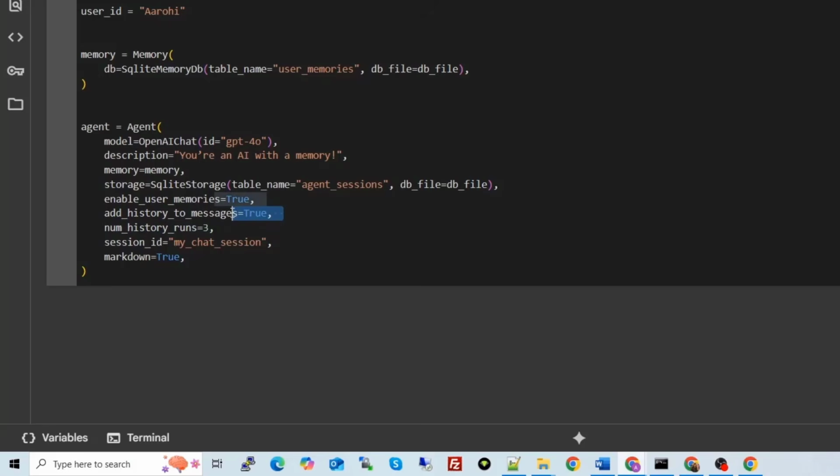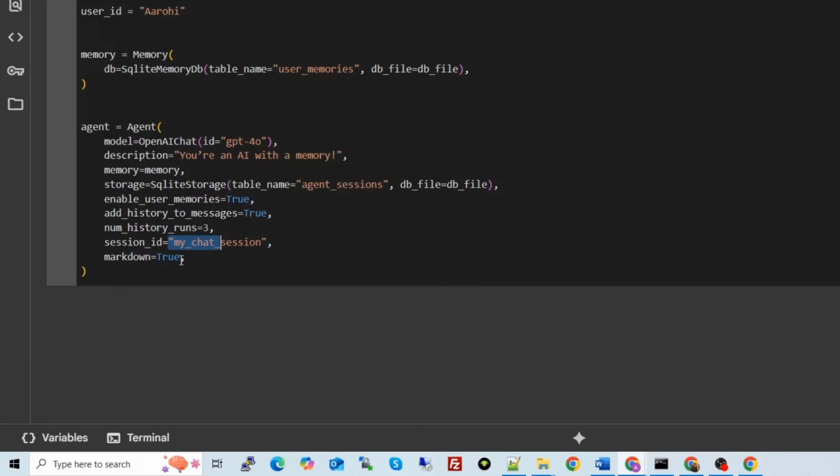If this is true, and here we have mentioned the number, then that many last messages, 3 or 4 or 5, whatever you mention here, will become the context to the agent. So every time the agent will get some context, and whether you want to give the last 3 messages or 4 messages as context, you define that over here.